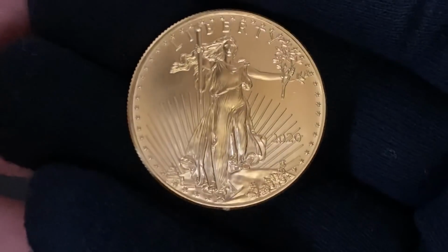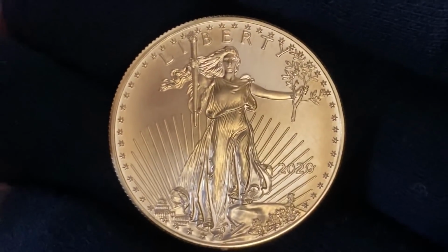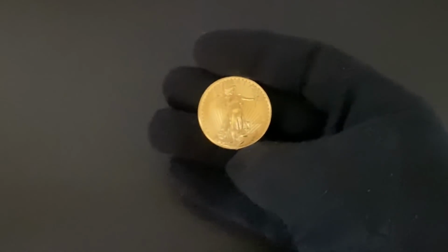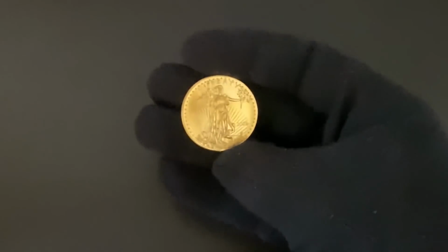We'll see how many are minted this year with some of the mints being shut down, although I do think it's going to be quite a few more. So anyway, let's talk about these as far as stacking is concerned and as far as investing in gold is